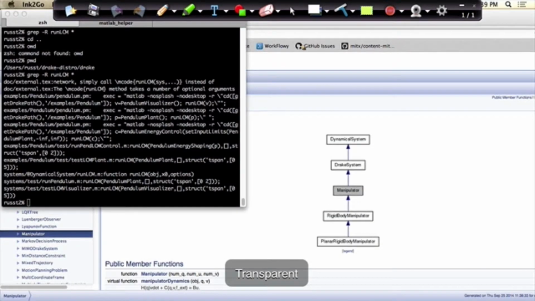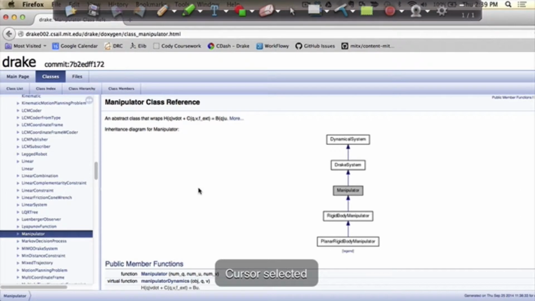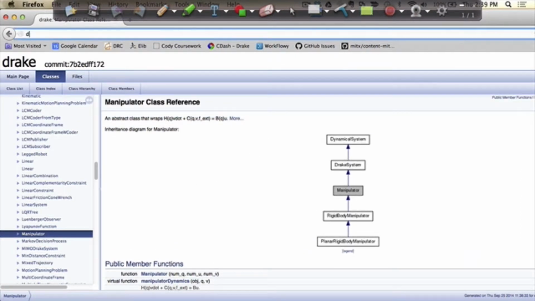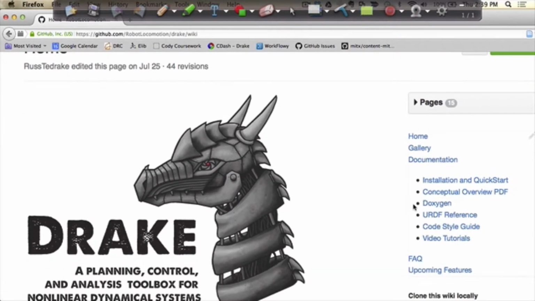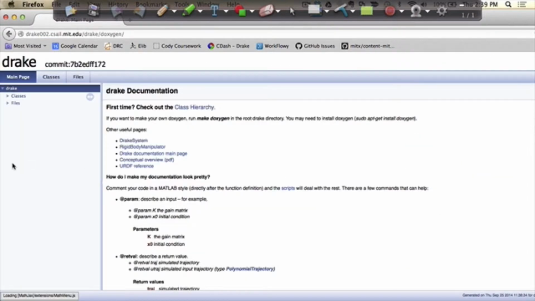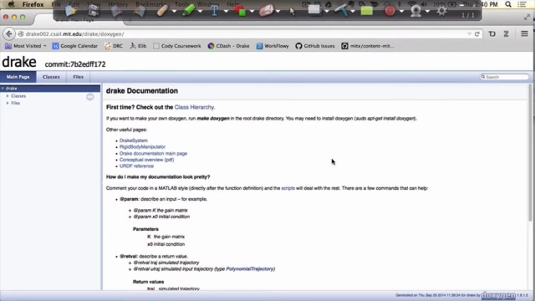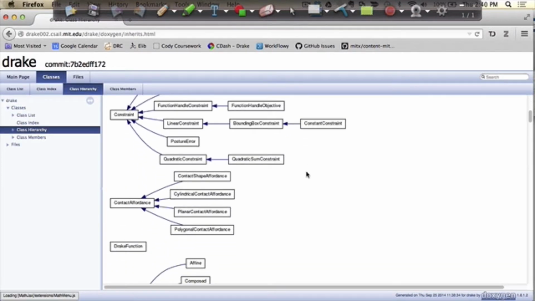If you want a quick high-level view of what Drake is, you can always go to the Drake website. The documentation is always a work in progress, I guess, but compared to anything else I've ever written, it's actually fairly good. You can go to this Doxygen page and search for any of the methods. But the thing you might not have realized when you're working with it and running a few examples is that it's really built to try to be